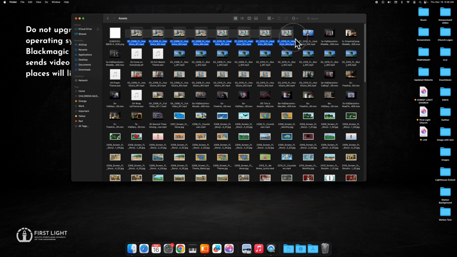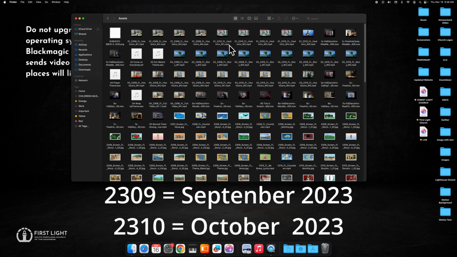If for some reason you don't know what it is, just kind of look at the dates here. So this is September 2023. So we know we're long past September, so we can delete it. This one, October of 23. And